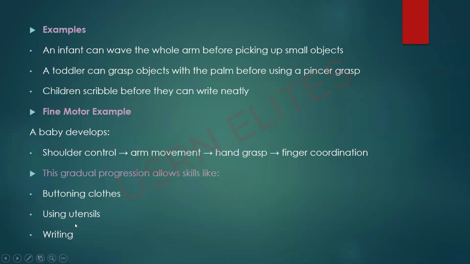This child will be able to use any utensil put before him or her. Then this child will be able to write. Any question? Any question on this one? If not,